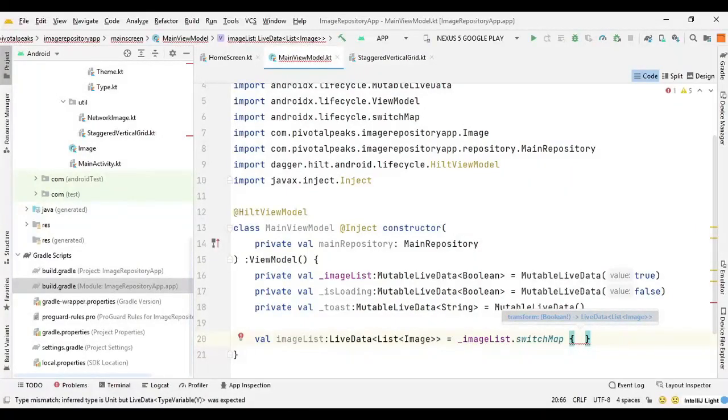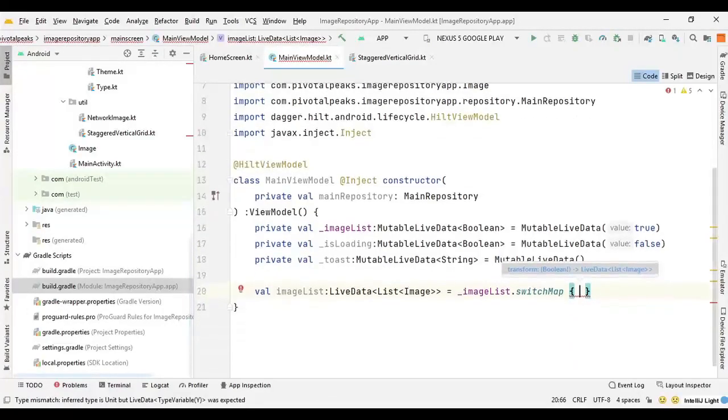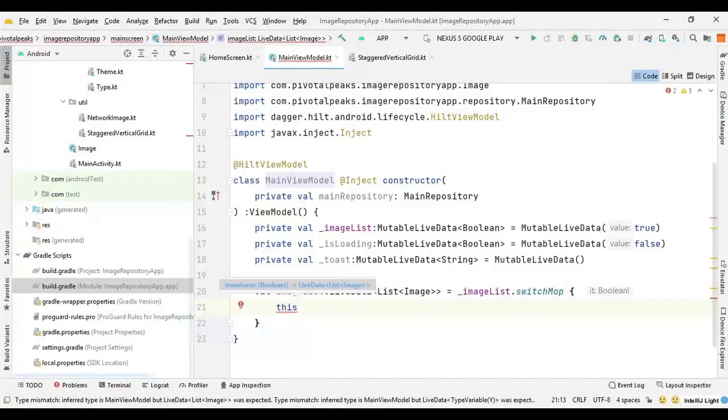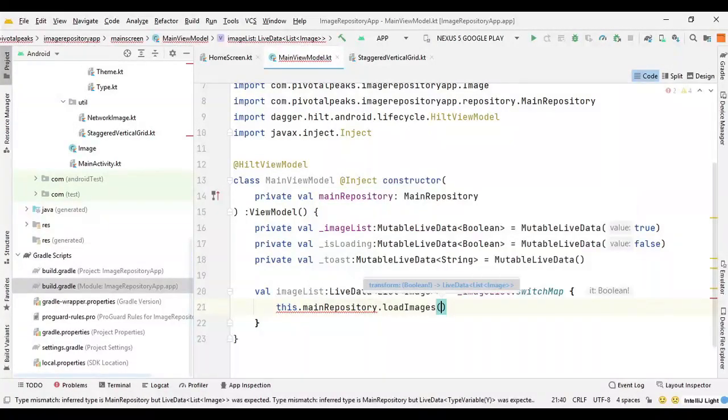Switch map returns the live data from the input of this live data by applying transform on each value set on this, which we are just going to create. So we can say this dot main repository dot load image.